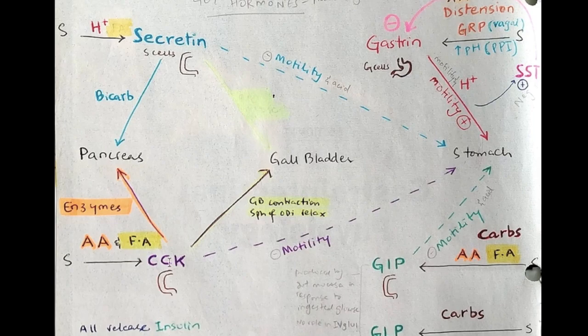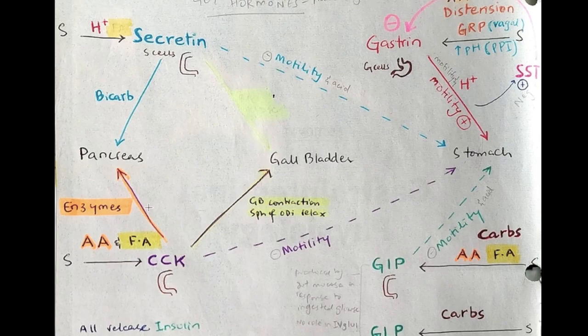Now coming to the lower two enzymes. Cholecystokinin being the king, it will act on all three structures as we discussed earlier. Cholecystokinin is produced again by the duodenum. So particular substances coming from the stomach entering the duodenum will cause the production of cholecystokinin. Now, what are they? Amino acids and fatty acids. For production of secretin, we had acid and fatty acid. Here we have amino acids and fatty acids. So, entrance of amino acids and fatty acids from the stomach into the duodenum causes the production of cholecystokinin in